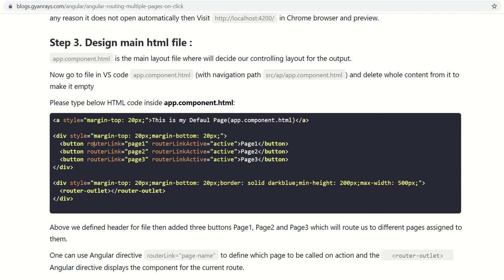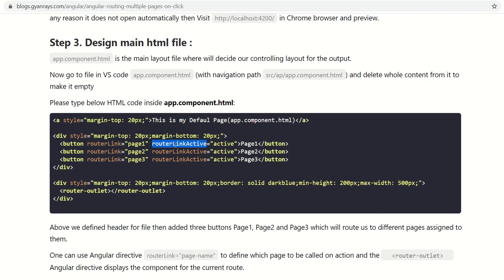So this Angular directive, routerLink, will allow you to route your page or your content to page 1. Similarly, when you click page 2, it will trigger page 2, and for page 3 the same thing will happen.